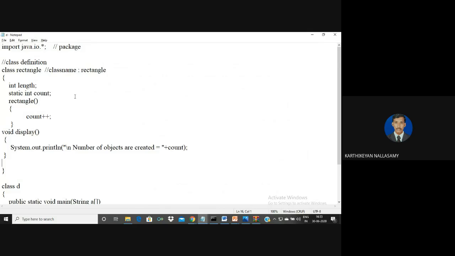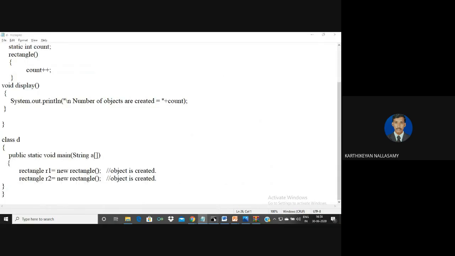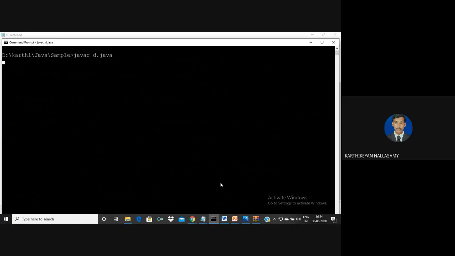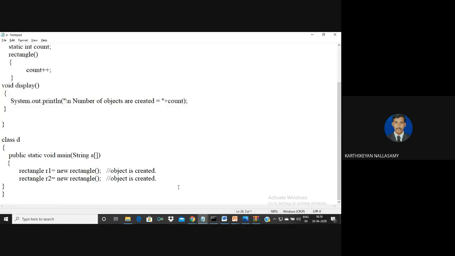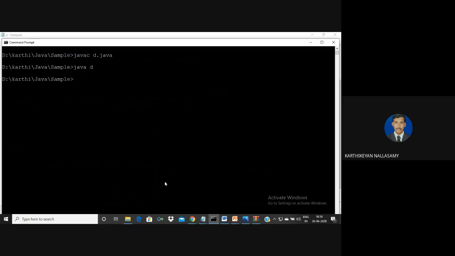Now I'm just going to compile this program. We know that it's a static variable, and I already mentioned that for a static variable it allocates only a common memory location. No errors, so I'm going to run it. I forgot to invoke any method here, because the result printing statement is available only in the display method. I'm going to call the method display with the help of R1 as well as R2. But here count is a memory location accessed by both R1 and R2. Sorry, both are representing the same memory.